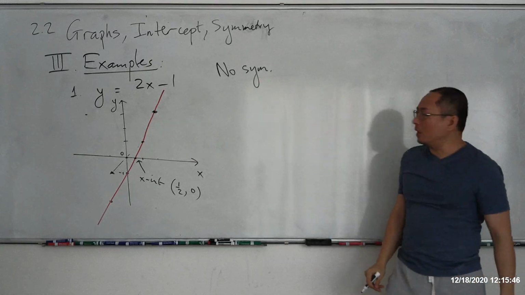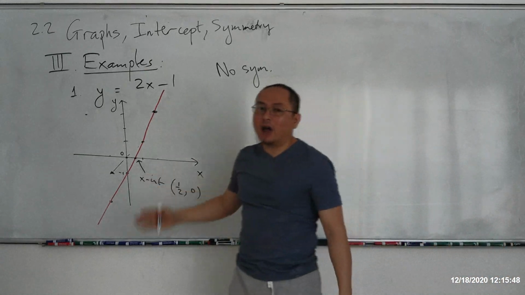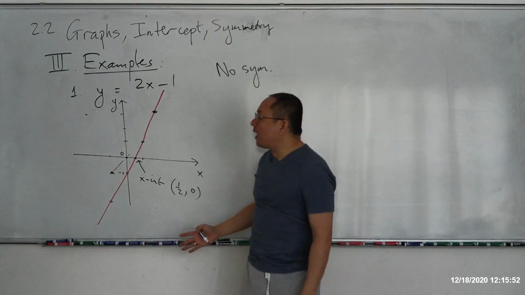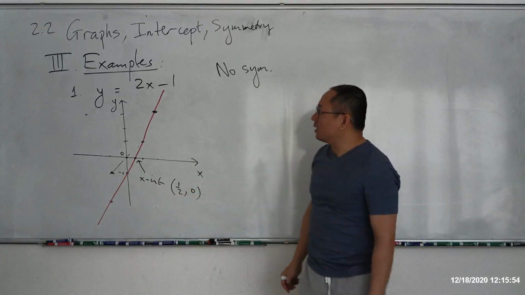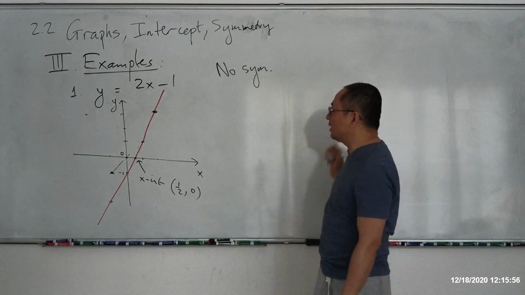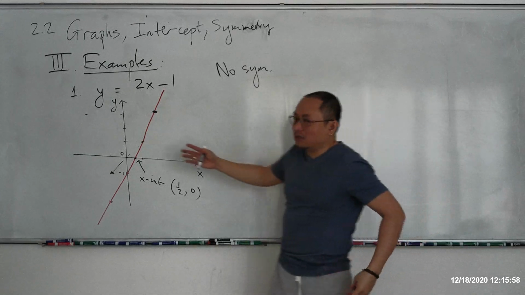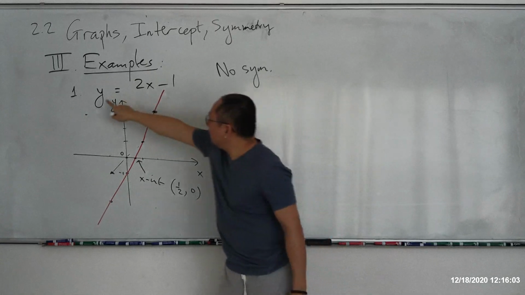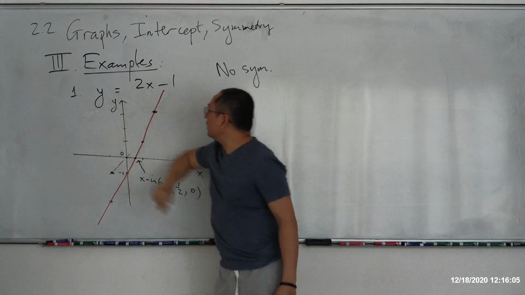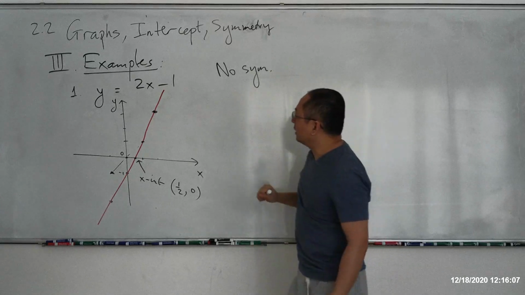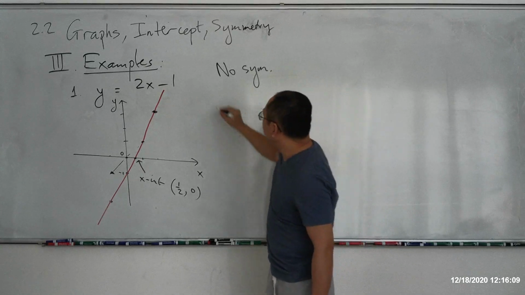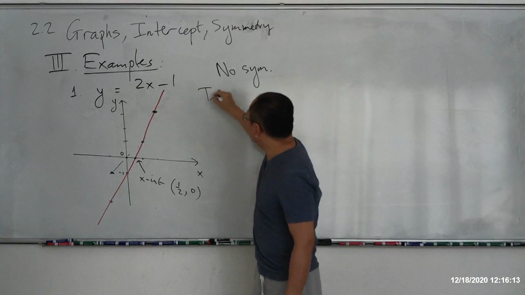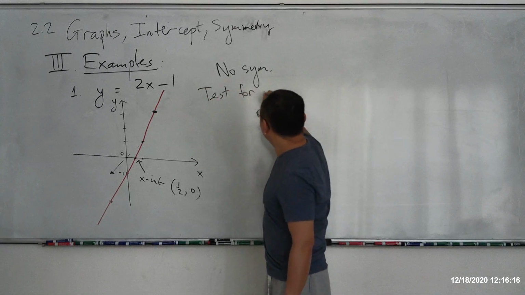The question is, can we do it algebraically? In other words, can we do it more professionally, instead of saying by looking at the graph that there's no symmetry? And the answer is yes, based on the algebra that we have. So if you want to test for symmetry, you're going to change the variables for x and y. First of all, I'll show you how to test for symmetry